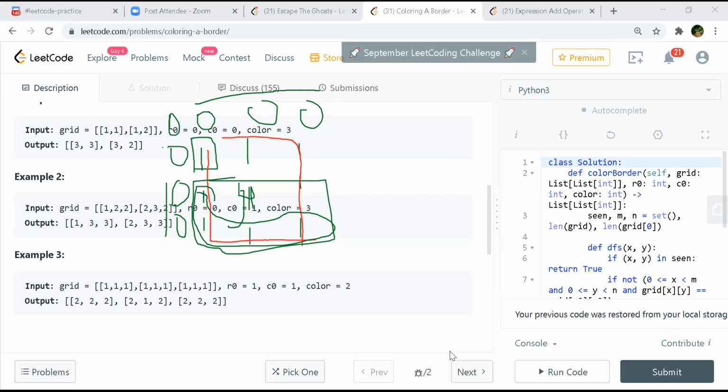Cool. So basically, at any point, we need to find the total connected components that we have in the graph. Well, if you are doing the DFS way, you don't even bother with the connected components, right? You just go to a particular node and look at its neighbors. If they are all ones, you say it is an inner node, right? Then you move to the next DFS node.